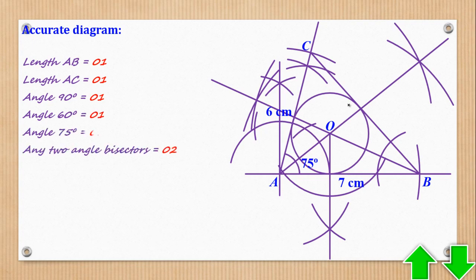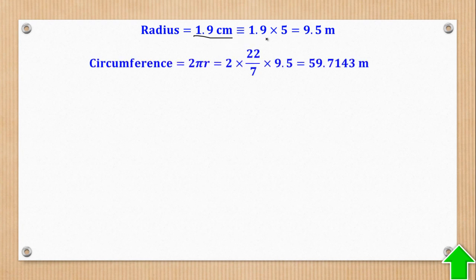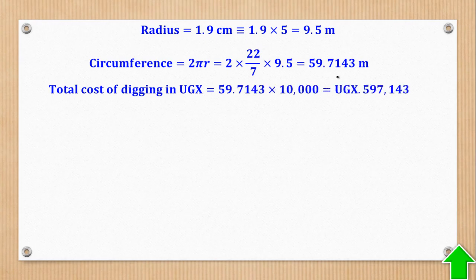So before we go there, these are the scores for what we have done so far. So radius is this. The radius was in centimeters, but you need to convert it back to meters, which is actual. Then I can now get the circumference, which is 2 pi r, to give me that. Then I can now calculate, because each meter was 10,000. So cost for digging the hole of the circular foundation will be this times 10,000 to give you